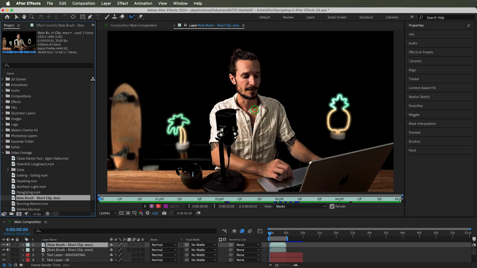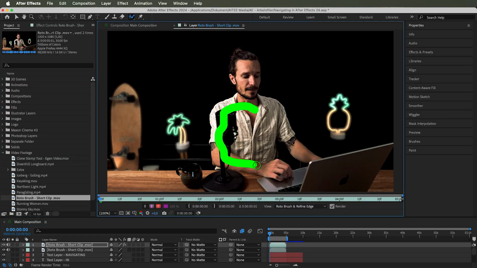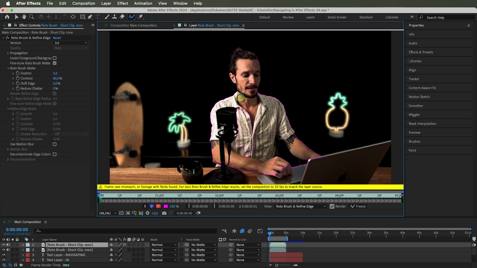So just pressing and dragging over here, while the rest will more or less take care of itself and be filled out automatically. And everything we see inside this marked area will be included and everything outside excluded. Although it most likely won't be completely perfect on the first attempt, so you might need to resize or add